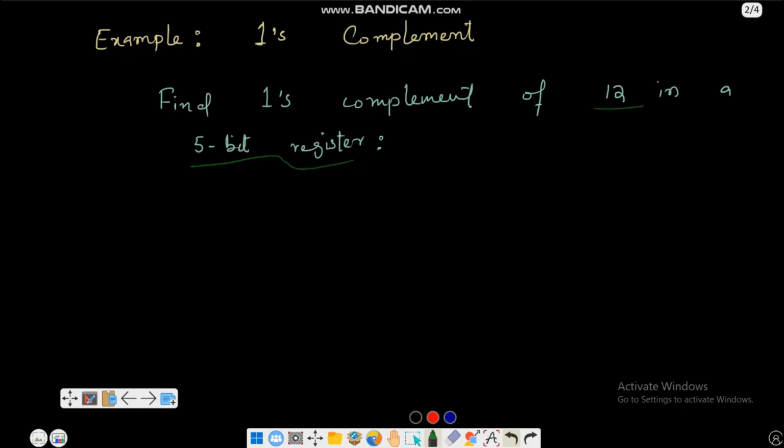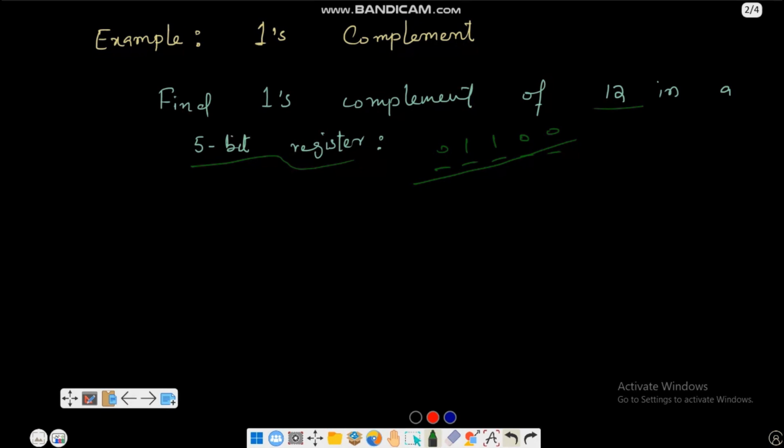You need to convert this into binary. If I have a 5-bit register, it means that I'm going to have 5 slots here. If I write, I think 8 comes here, I need to write 1 here, 0 0 0. I think this is the representation of 12. Now I have got the binary representation of 12, but I still need to represent it using